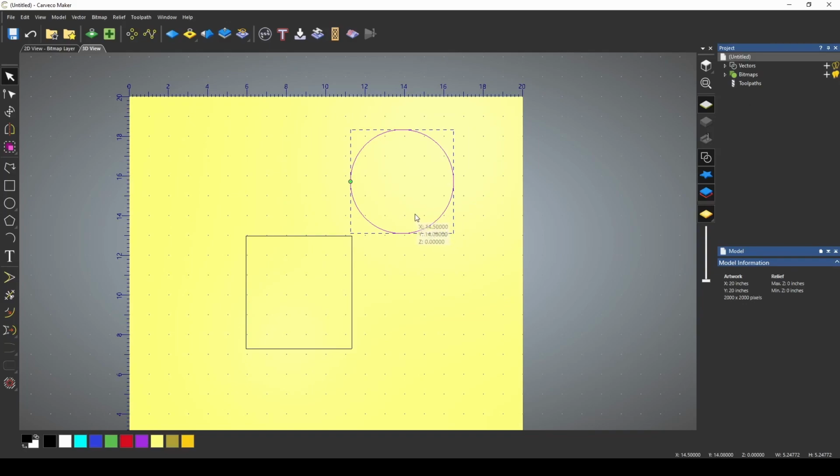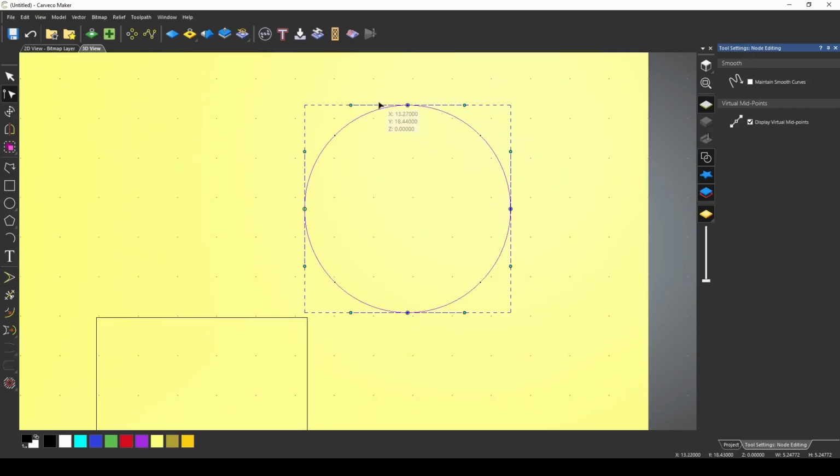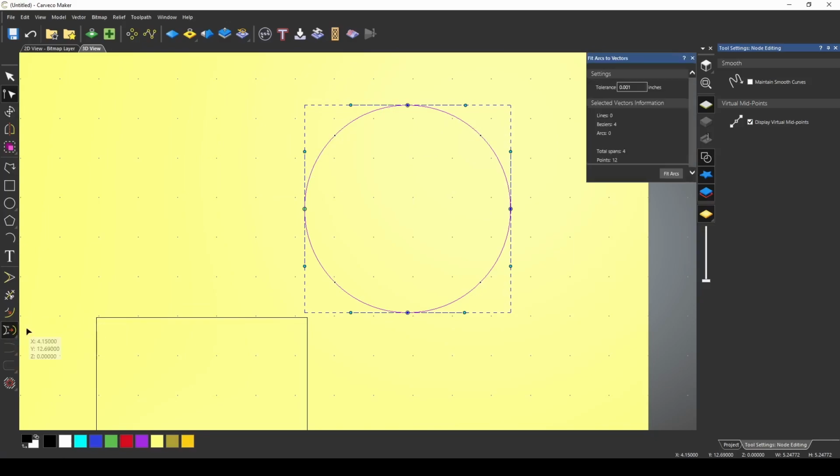Since I have a circle up, I wanted to drop down and show you the arc fit vectors and the spline tool, both of which are very powerful tools. If we go into our node editing, I'm going to press N. You notice that this curve is a Bezier curve. Each node has those Bezier wings, and so you can make the adjustments. With this tool here, we can change those Beziers to an arc.